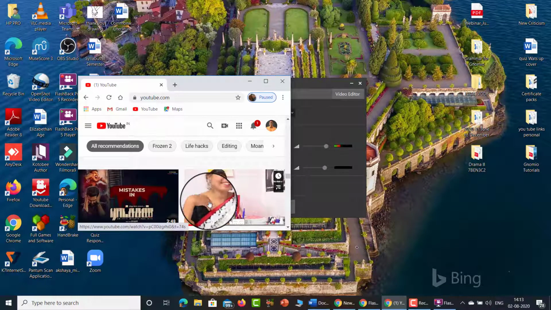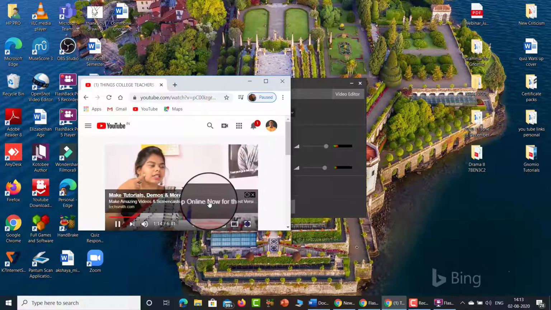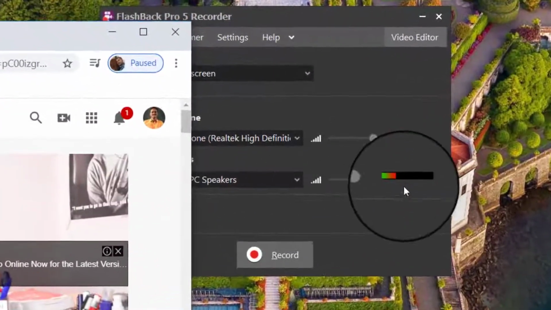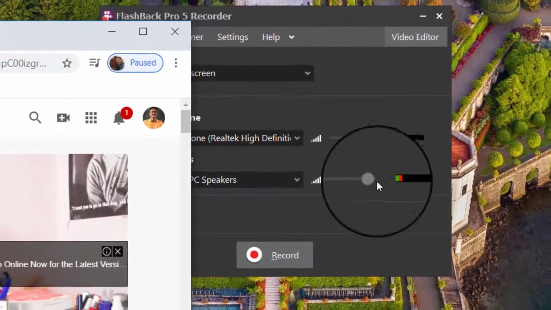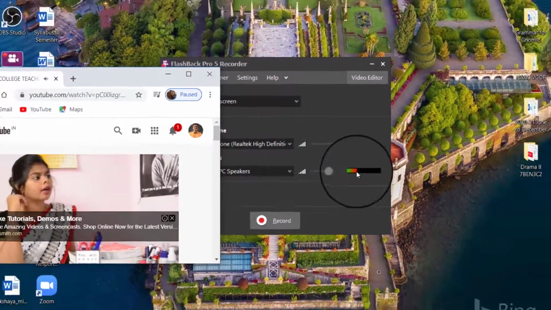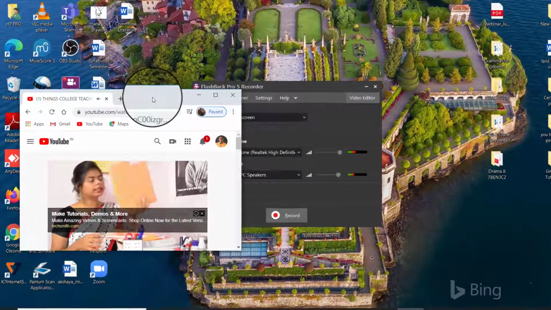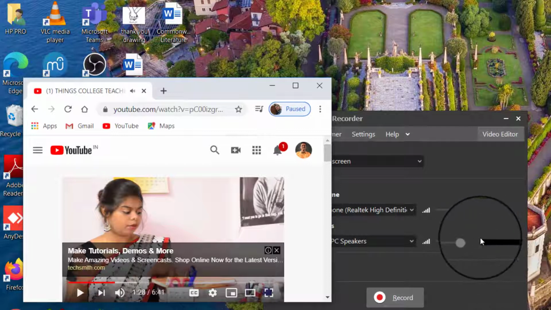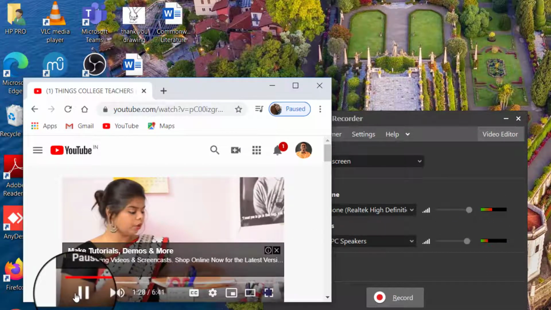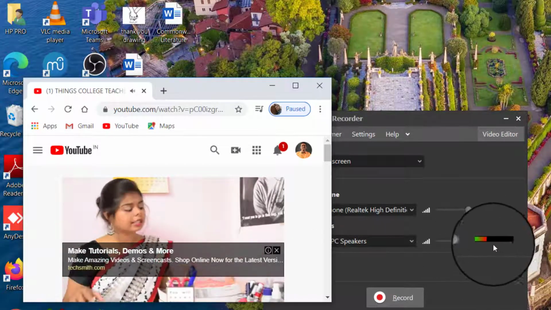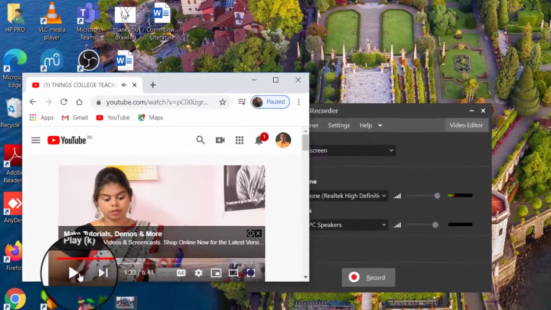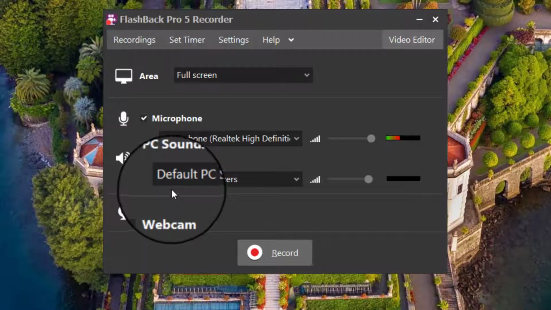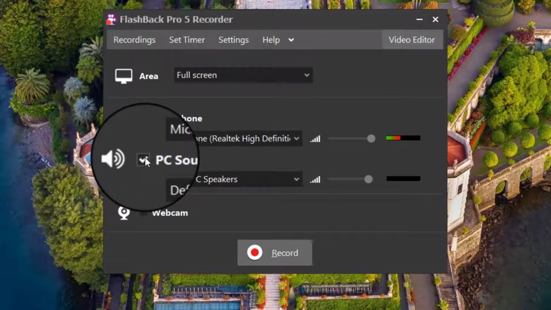See, when I turn it on, you can see there is a recording. If I pause this video, there won't be any more. If I turn it on again, it records again. Fine. It is for this reason we keep this PC sound enabled.